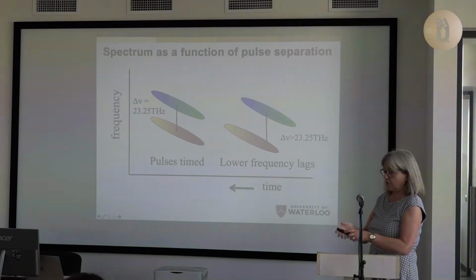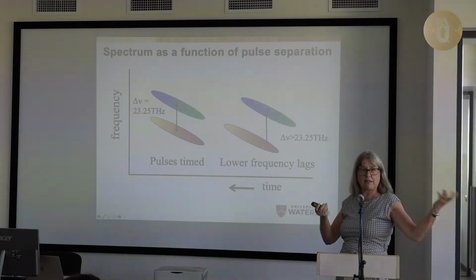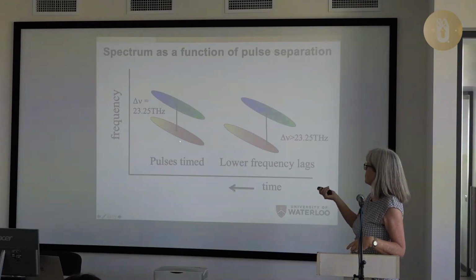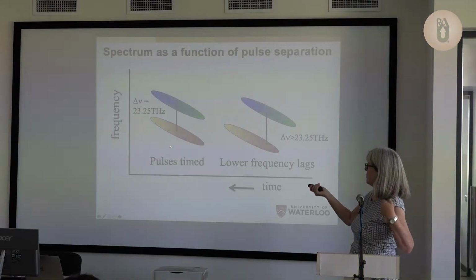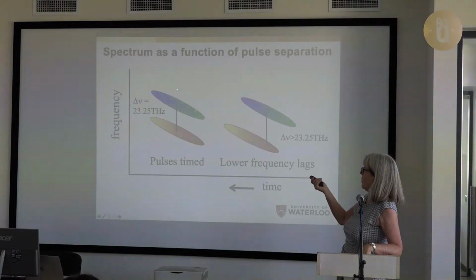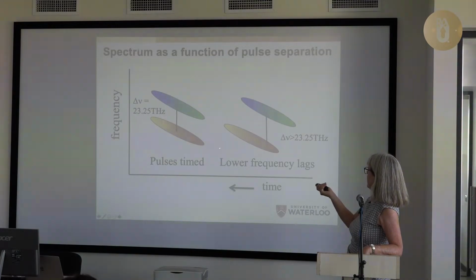So again, we had two pulses. We already had to chirp them anyway to make them long, so we didn't see the continuum on the pump pulses. So ours are set. We have our two-color laser that we set them to be 23.25 terahertz, which is the Raman transition in SF6. But we can then tune away either to the blue side or the red side by changing this.